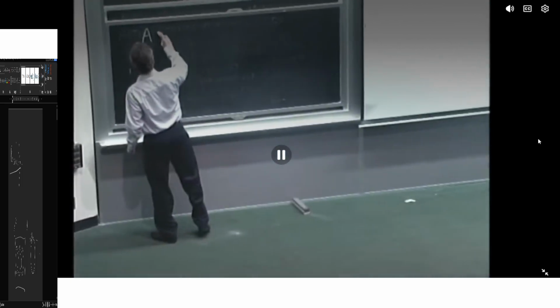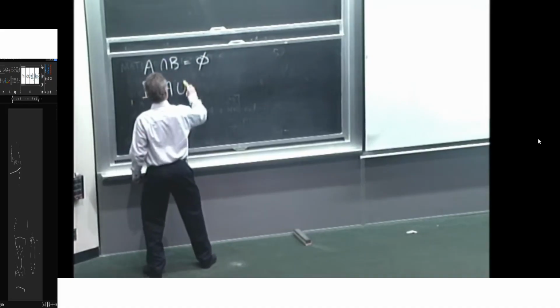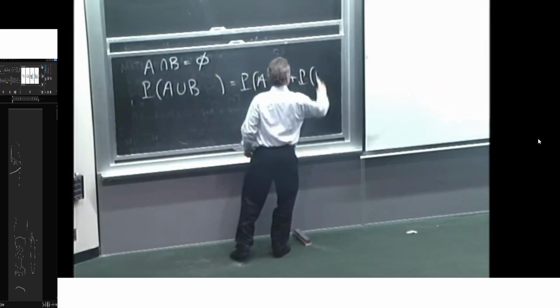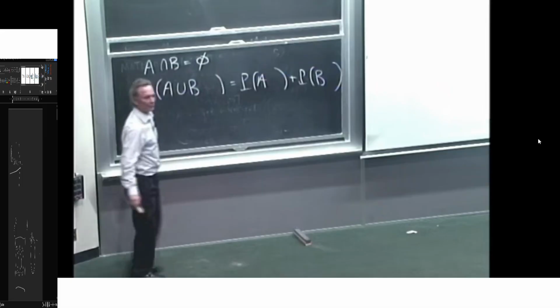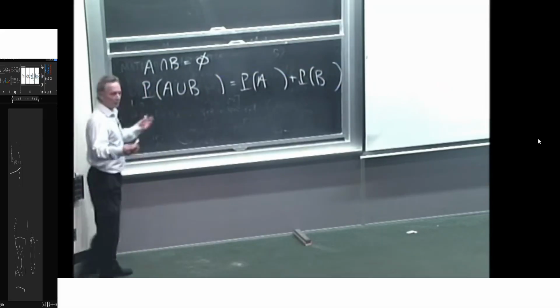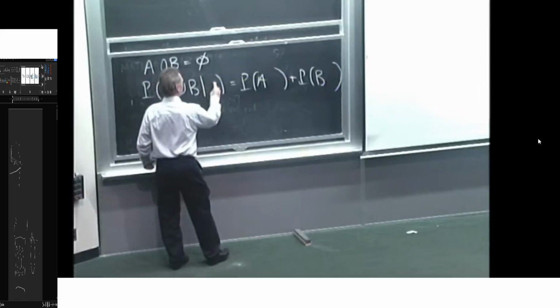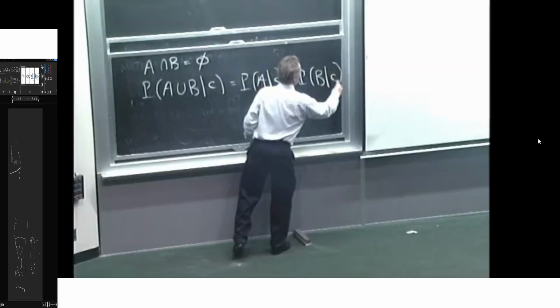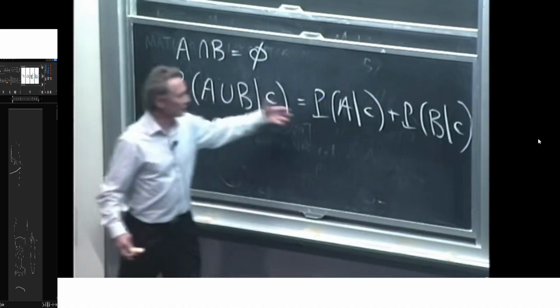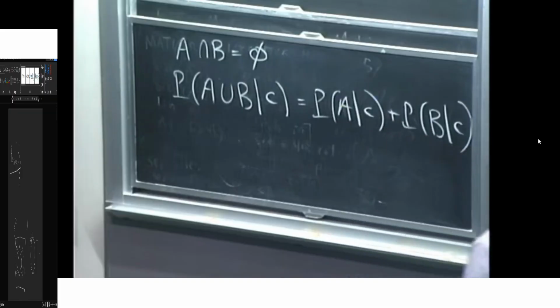all sorts of properties that ordinary probabilities do satisfy. So for example, if A and B are disjoint events, then we know that the probability of A union B is equal to the probability of A plus the probability of B. And now if I tell you that a certain event C occurred, we're placed in a new universe where event C occurred. We have new probabilities for that universe. These are the conditional probabilities. And conditional probabilities also satisfy this kind of property. So this is just our usual additivity axiom, but applied in a new model in which we were told that